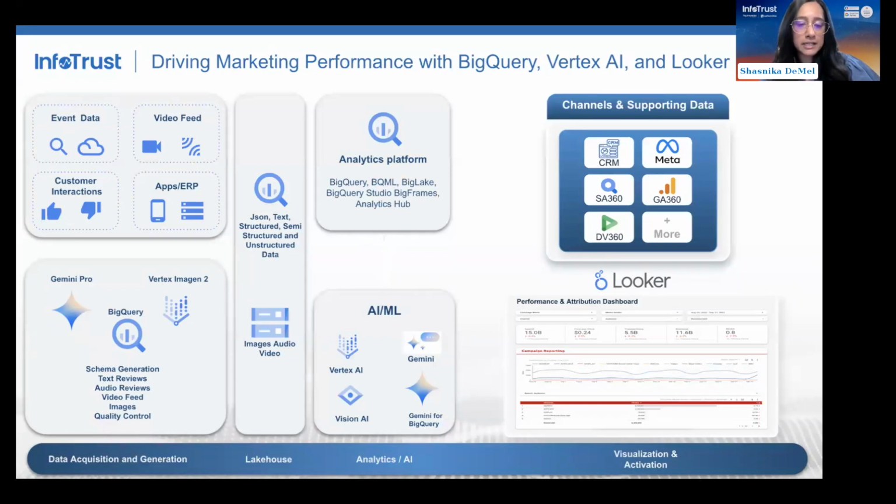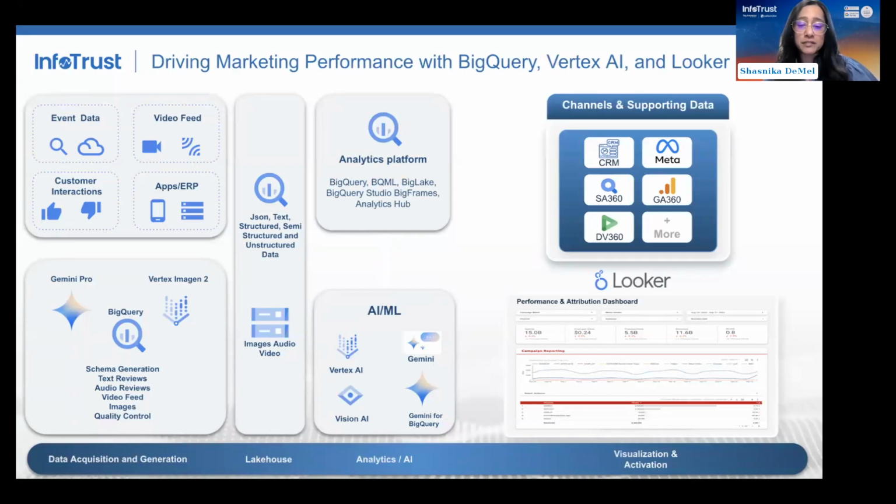And what I want to highlight here is that with the right architecture in place, performance can be driven intelligently across your marketing channels. So you can start here, for example, on the left with more structured data.